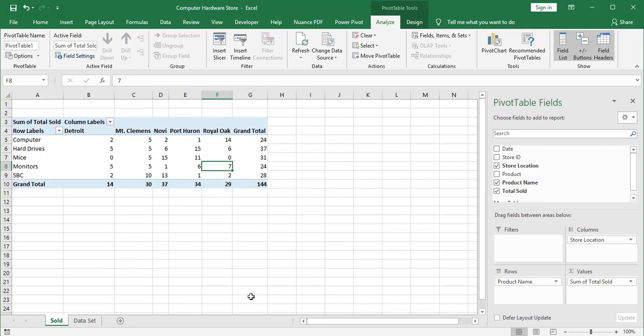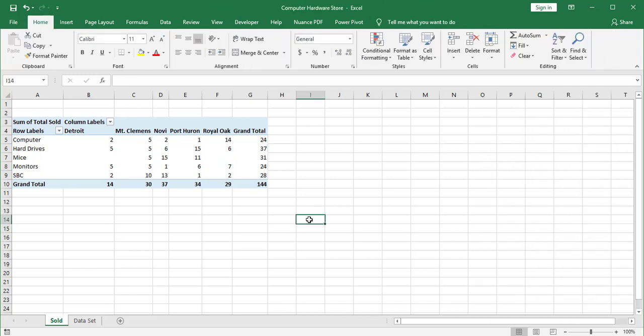Let's look at an alternative way of accomplishing the same goal using a slightly different procedure. Once again, our pivot table has blanks in some of the cells. For example, the cell containing the sales of mice at the Royal Oak store. An alternative method for replacing the blanks with zeros is: